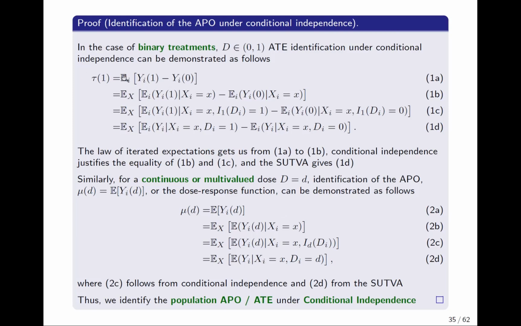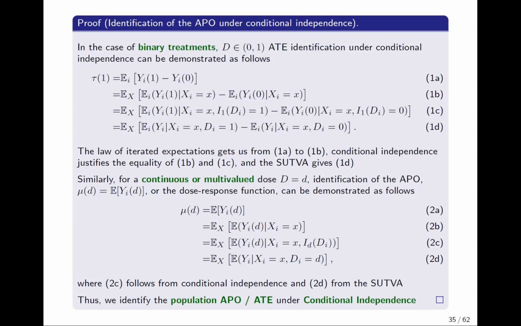This is just stating the estimand, tau 1, the average treatment effect for a binary treatment. We condition on x and we take the expectation over x. This is simply an iterated expectation. We use the conditional independence assumption to condition on treatment assignment, and we use SUTVA to replace potential outcomes with observed, and then we have an expression here for the average treatment effect in observable data,